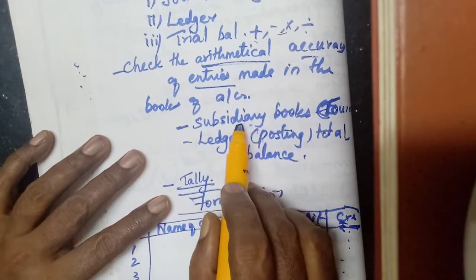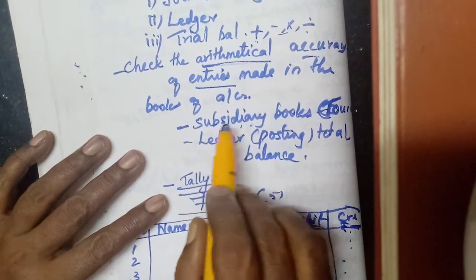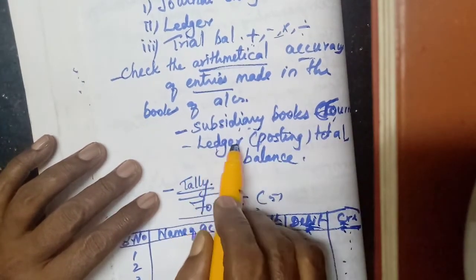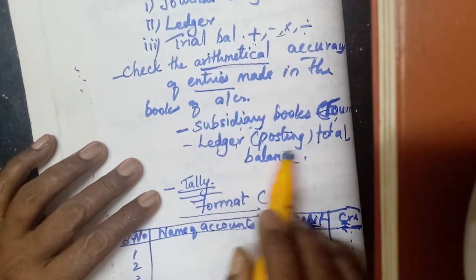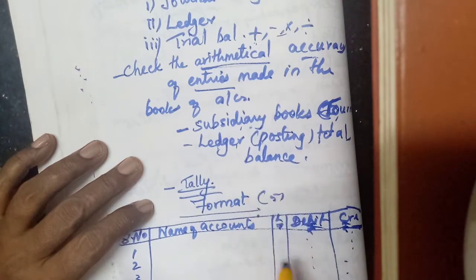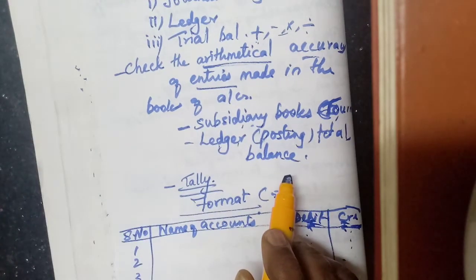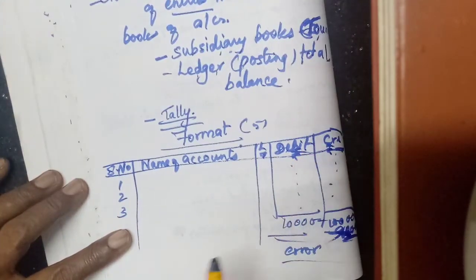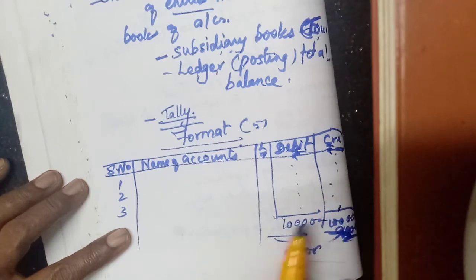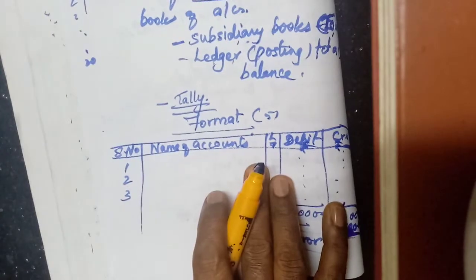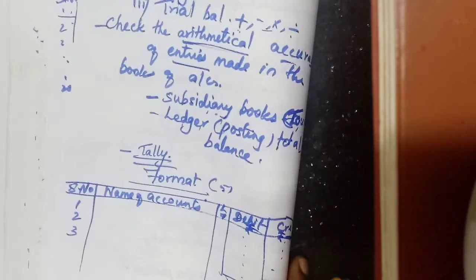Either while writing and entering in the subsidiary books, or preparing journal entries, or while posting, or totaling, balancing, or carrying forward the balances of the ledger accounts to the trial balance, or we can say totaling of the trial balance also. If you don't total here correctly, here it will be wrong. Somewhere we have made a mistake, we can conclude. Now we will see the need.